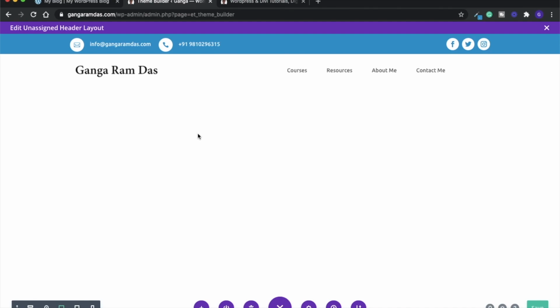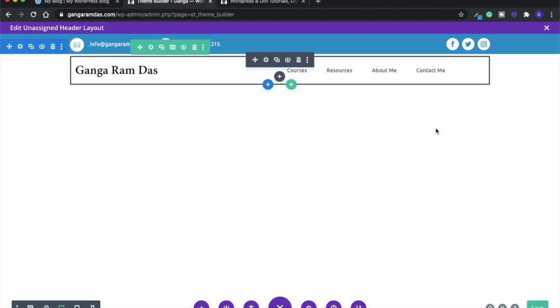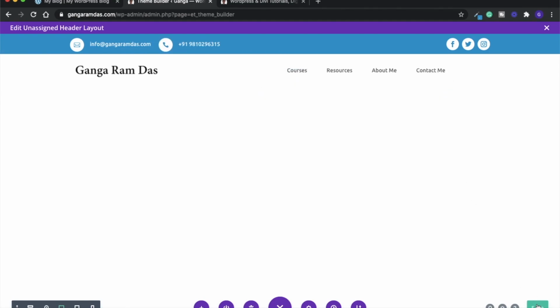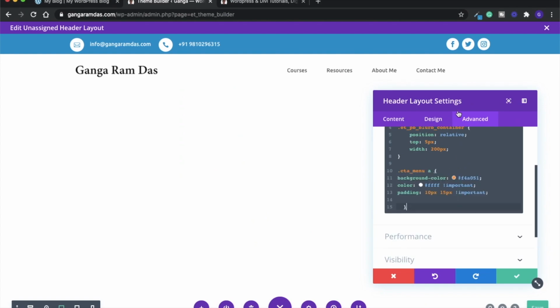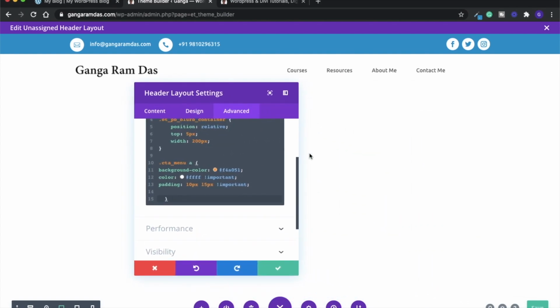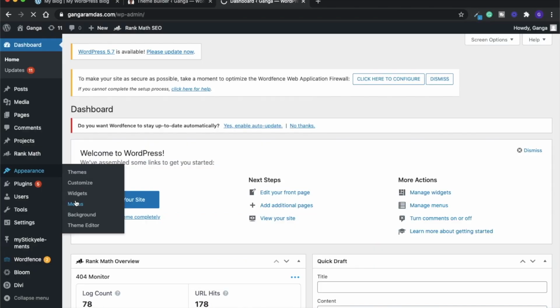So our header is also done, but it is still not done because we need to customize this contact me button. So in order to do that, just simply paste that code. And so this is the code, and right now there would be no change because we need to give a CSS class to our menu item which we want to design. But before giving the CSS class, by going to the menu section, we will just simply change the background color of this from the CSS code. And now just simply copy this CSS class menu,